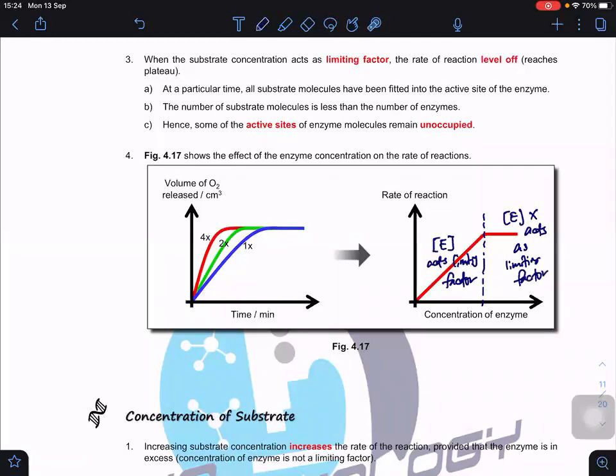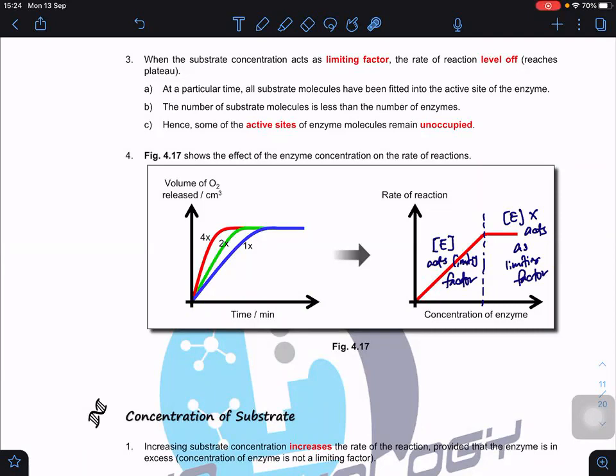You can see that I keep on increasing the concentration. I keep on increasing until they are more than the substrate. So it means that at the particular time, some of the active sites of the enzyme molecule remain unoccupied. Okay,